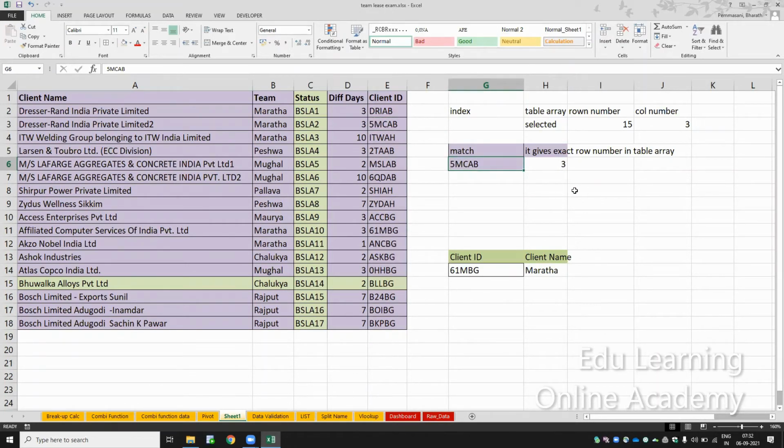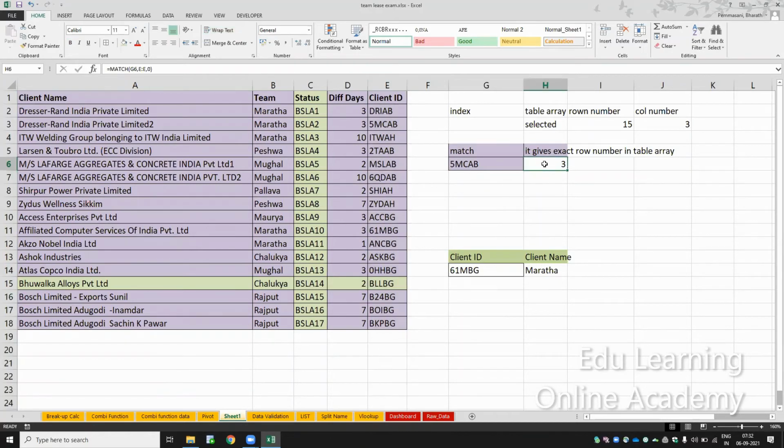So what does match do? For the lookup value, it gives the exact row number in the selected table array. If you select any lookup value or search value in a column, it will tell you exactly where it is located, whether the 17th row, 5th row or 3rd row.